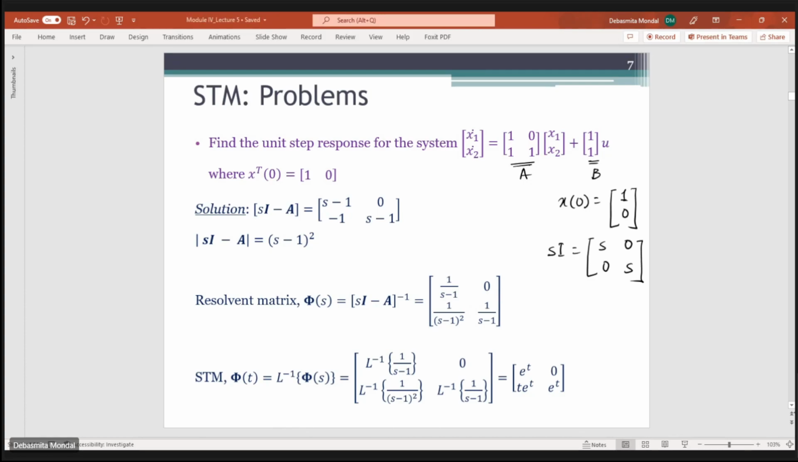Then, you know that for finding the inverse of a matrix, in the numerator you will have the adjoint of the matrix divided by the determinant of the corresponding matrix. So if you find out,